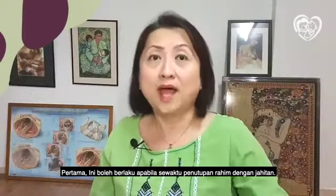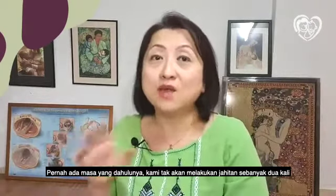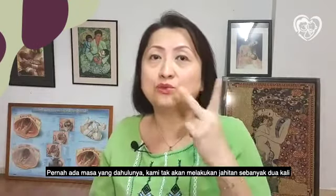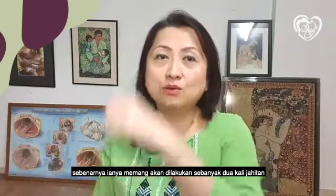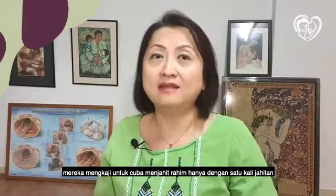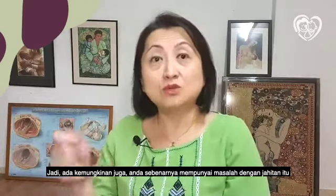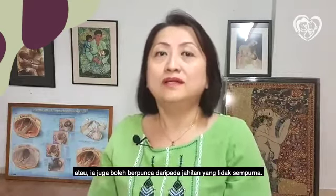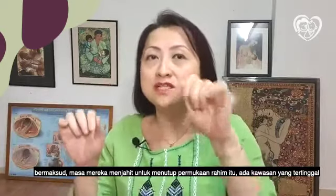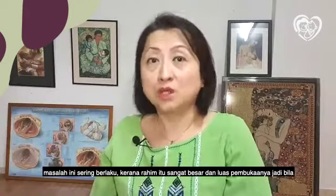It can be, number one, during the suturing, the closing of your uterus. There was at one time a trend that we shouldn't sew it 2 times. Actually, in a Caesar, we always sew it double. But there was a time when they wanted to compare and said maybe it's okay to just sew 1 time. So if you only stitch 1 time, it could be a problem. Or if the doctor stitched and didn't take a full bite. That means they just close it up. But there are certain areas where they forgot to take a full bite, because it's quite common to have that